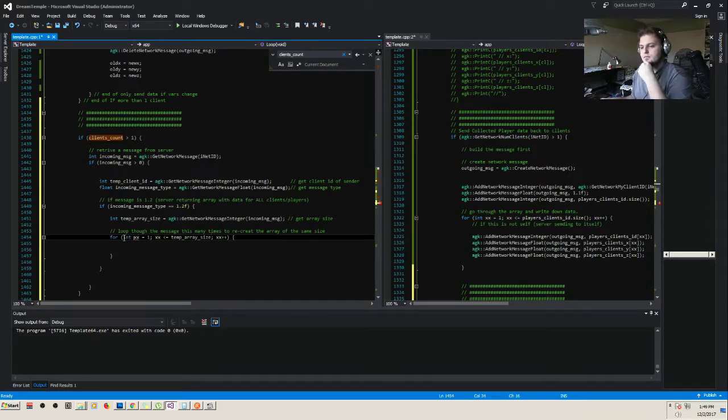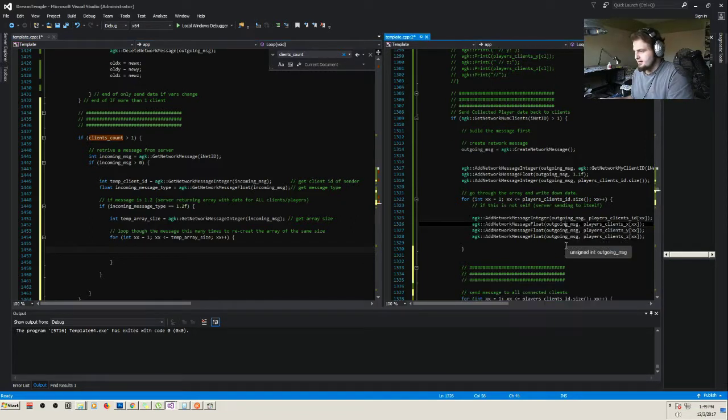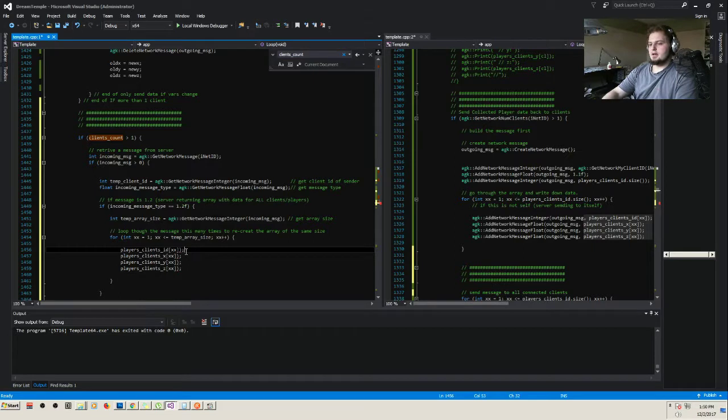Now then, types of data we're going to be receiving is here. See, now this has to have two codes. The first code is the update code. So if the client's array is smaller than the server sent one,